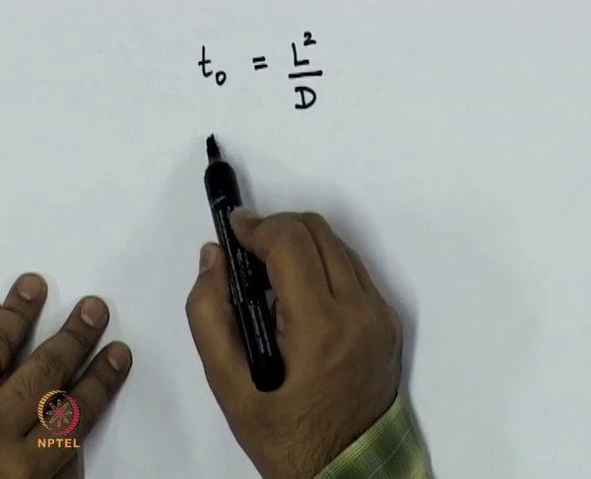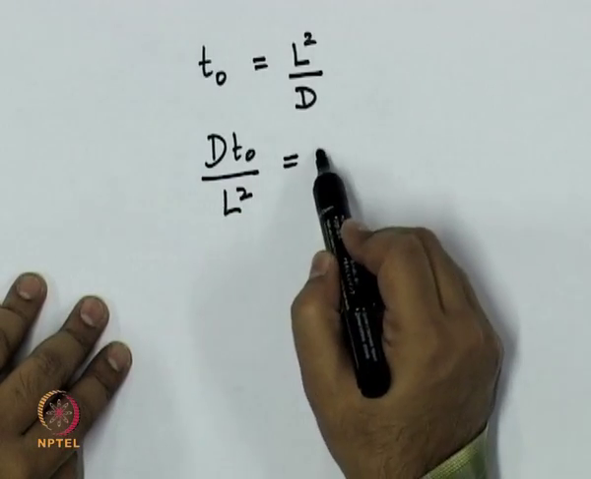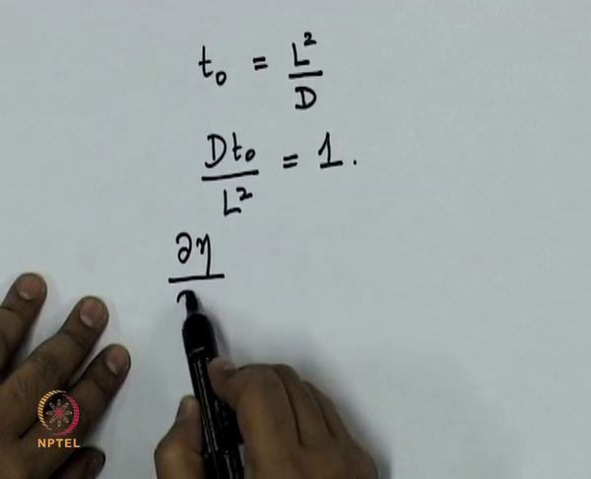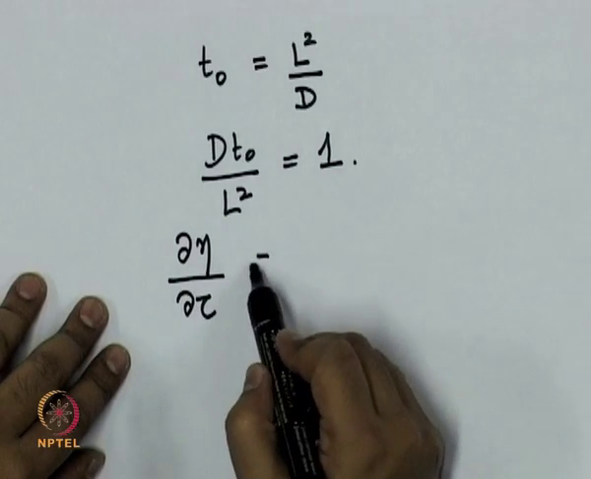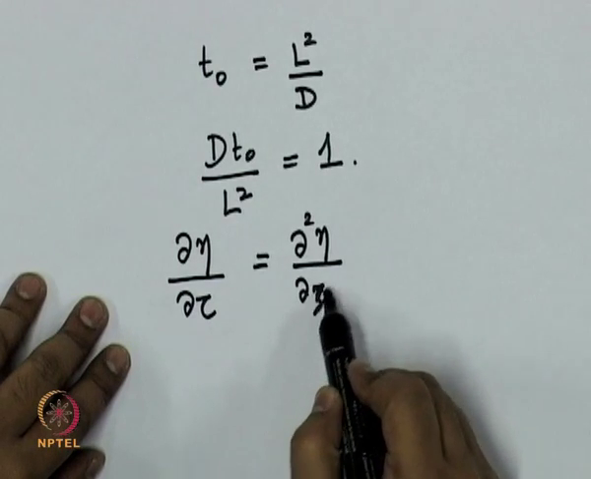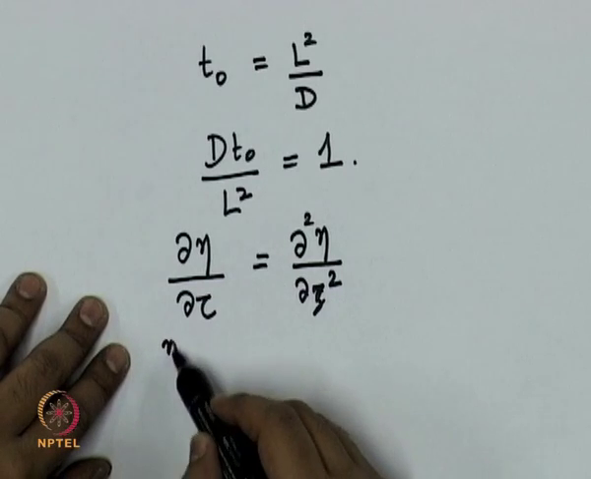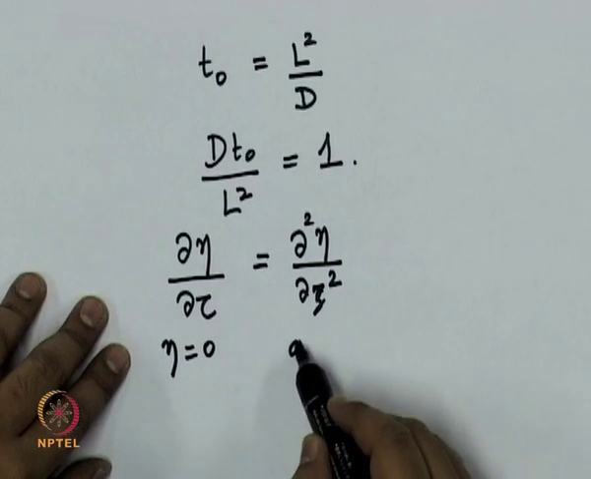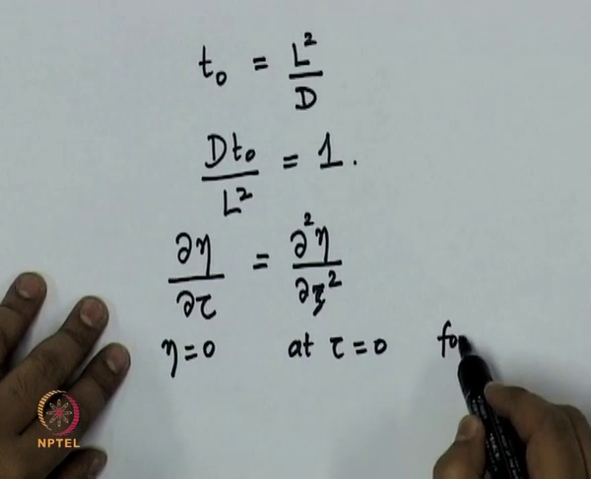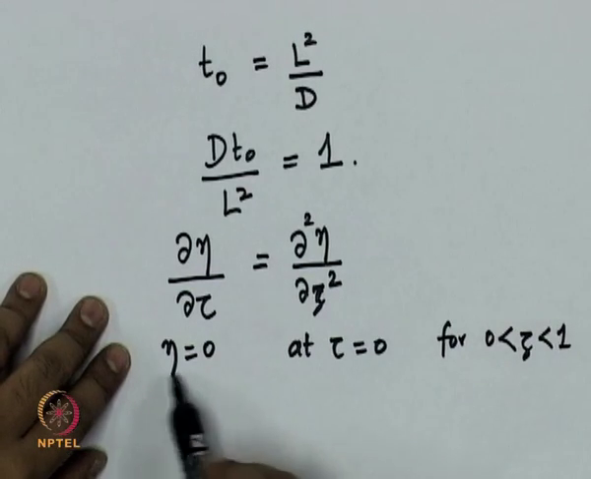If so, then what happens to D t naught by L squared? That becomes unity. So, our non-dimensional equation now becomes dou eta by dou tau is equal to dou squared eta by dou z squared. Okay. And we know that eta equal to 0 at tau equal to 0 for 0 less than z less than 1, right. So, this is the initial condition,